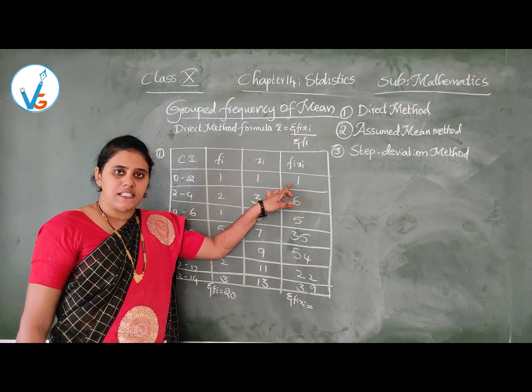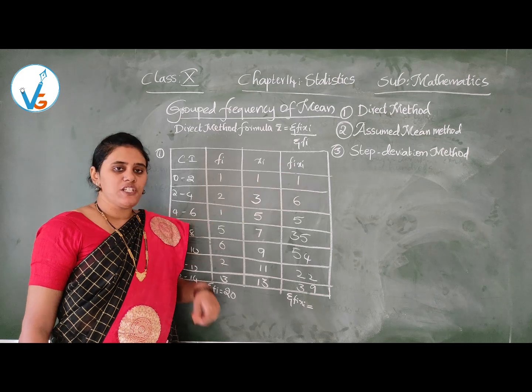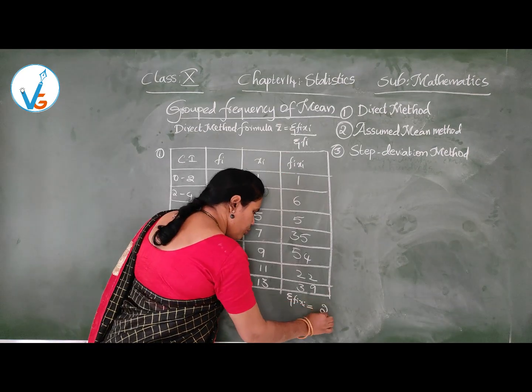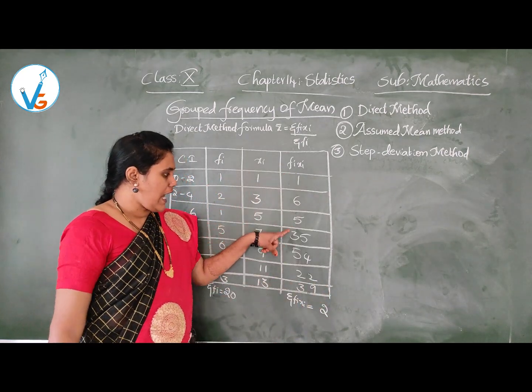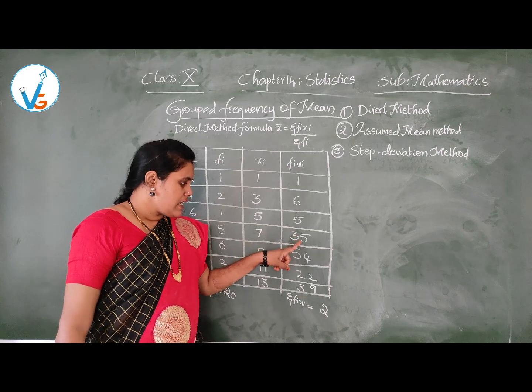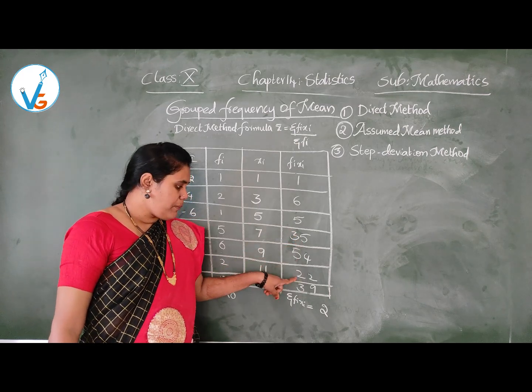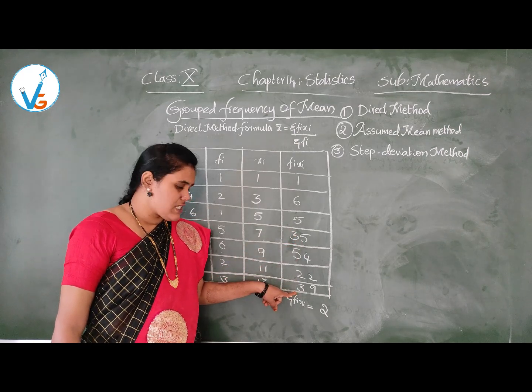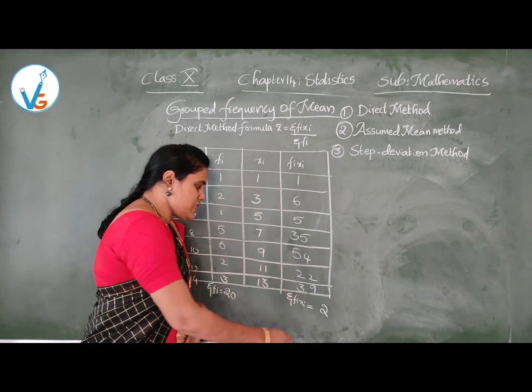25 plus 6 will be 31. 31 plus 2 will be 33. Okay, 3 are there in the carry. 3 plus 3 will be 6. 6 plus 5 will be 11. 11 plus 2 will be 13. 13 plus 3 will be 16.